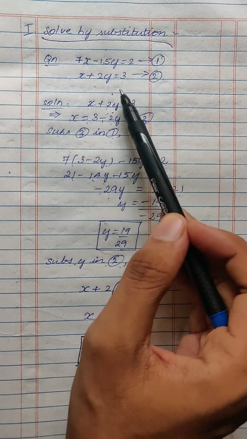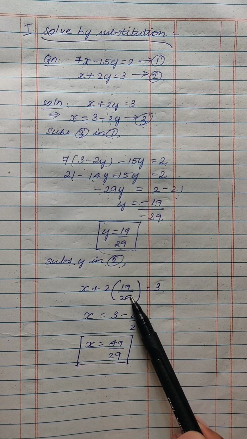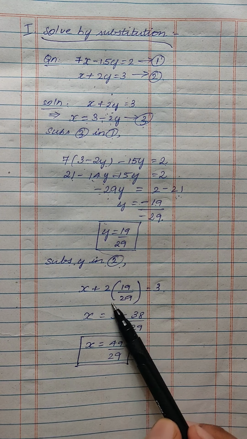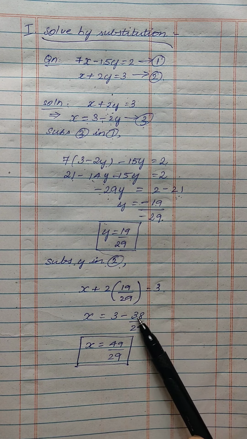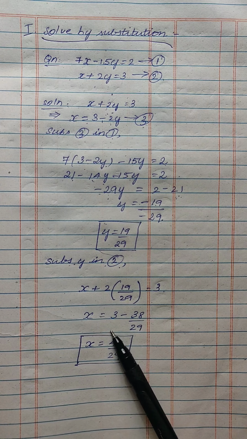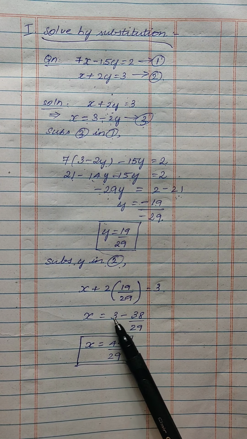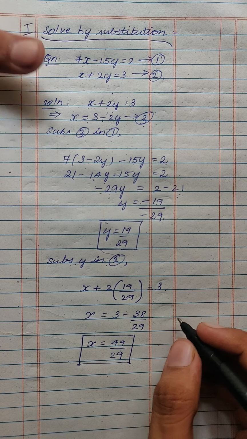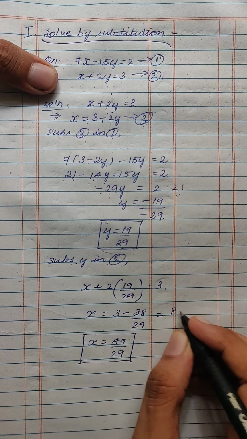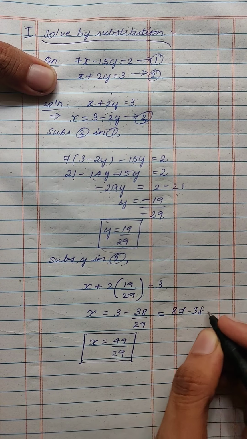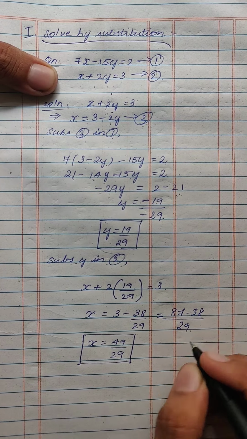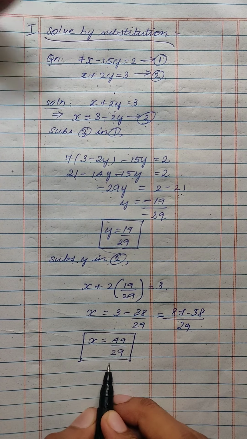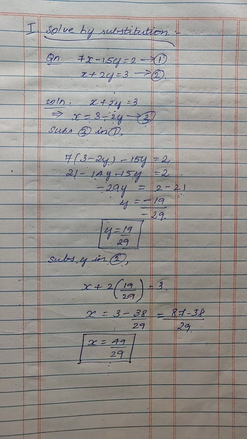You can see here very well, in this equation, in the place of y, I have used 19 by 29. So now, when you multiply these two, it becomes 38 by 29. When it goes to the other side, it becomes minus. Here you will be having the LCM, 1 into 29 into 29. This becomes 87. So actually the step will be like this: after this, there is an LCM step, which I have skipped over here. 87 minus 38 by 29, can you understand? By 1 into 3 into 3. So this will give you 49 by 29. So 49 by 29 and 19 by 29 are the solutions.